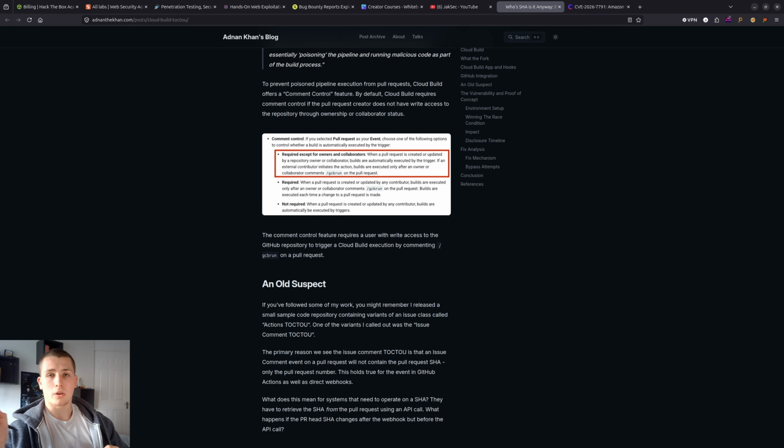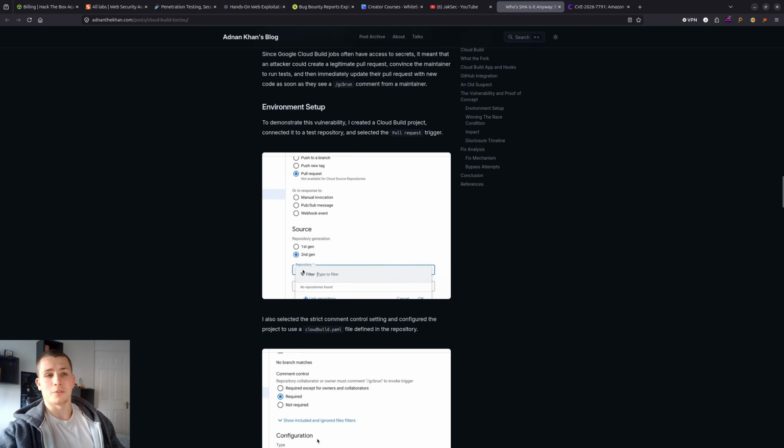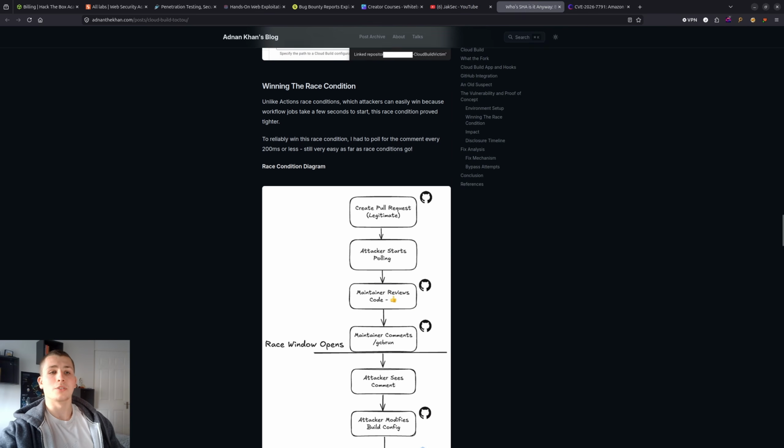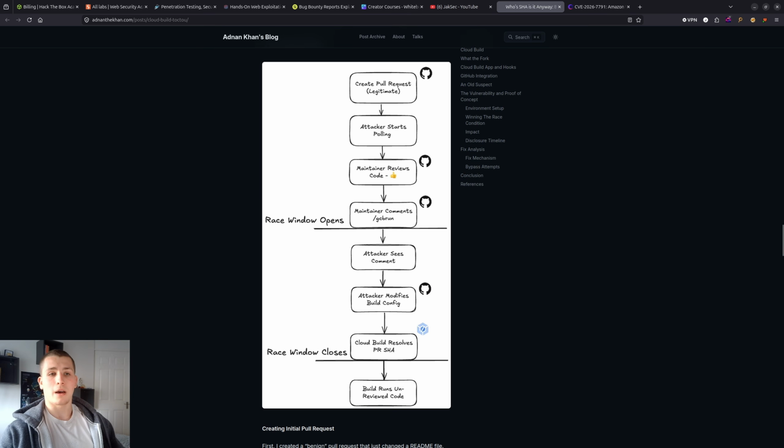In that time, Google Cloud Build, when it receives the comment, will actually pull the malicious repository instead of the one that you reviewed. And that was basically the whole vulnerability. So it was the classic time of check, time of use, race condition vulnerability. And I thought that this was very cool, honestly, because of the simplicity of it, and also the impact of